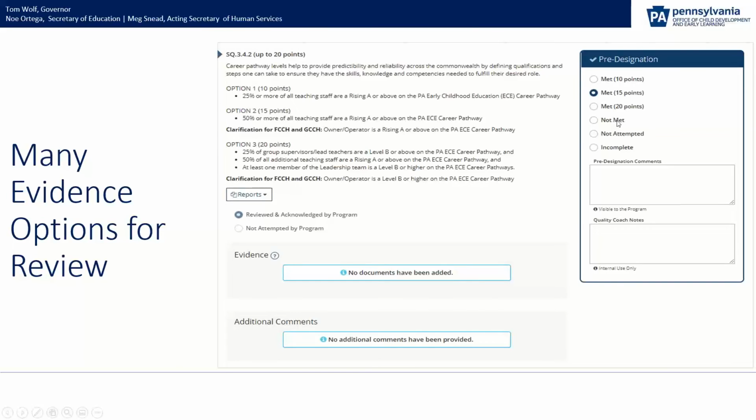Geez, it's not met for some reason. It's not attempted, which you know is an option that you can select. But you'll notice this bottom choice is incomplete. The incomplete cycle is a great way for you to partner with your quality coach to make sure that both